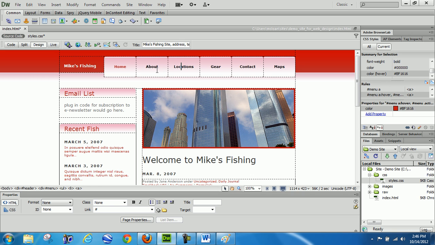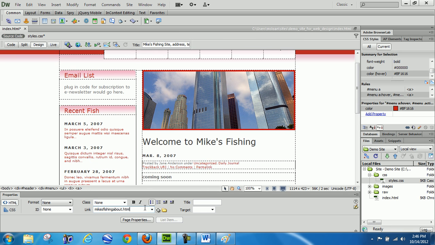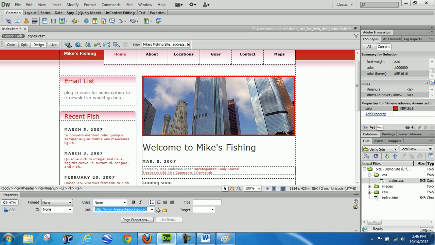So watch what happens. While I'm sitting on this one, without clicking on the next one, if I just start scrolling my mouse, well, you have to still be in the enter box. If I just start scrolling my mouse, it scrolls through any of the different links I've added, and I could accidentally change that before I click off onto the next one. So once you do each one, okay, get rid of the number sign, Mike's Fishing Locations